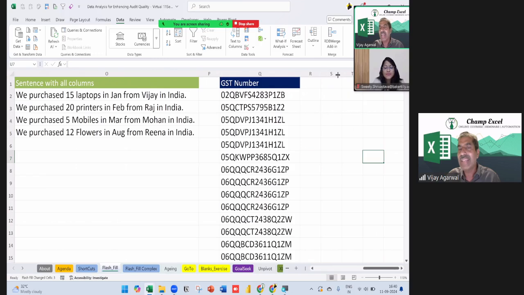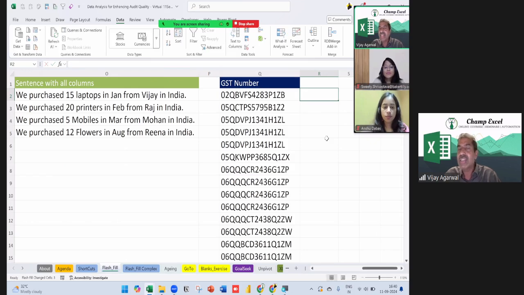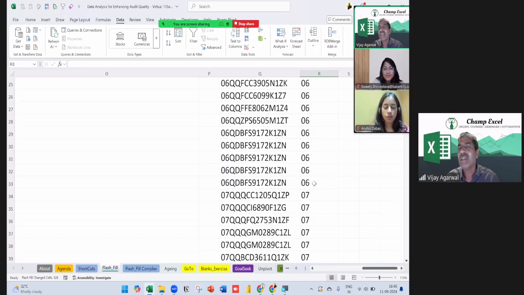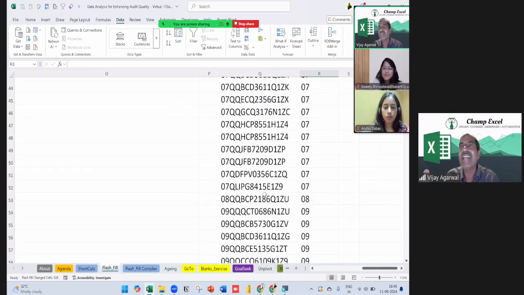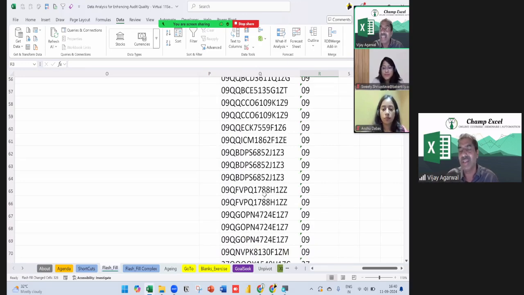And now, friends, sometimes you feel that we have a GST number, and from that GST, suppose we want to get the state code. To get the state code, you should know some formulas like LEFT, MID, or maybe the PAN number you want to find. But here, just to give one example: state code, Control E, and you are going to get all the results. So there is no limit. Within a second, hundreds, thousands of records, it's going to give the result.